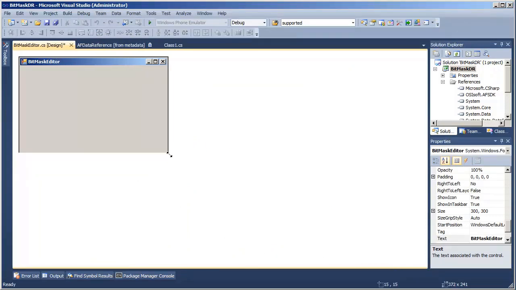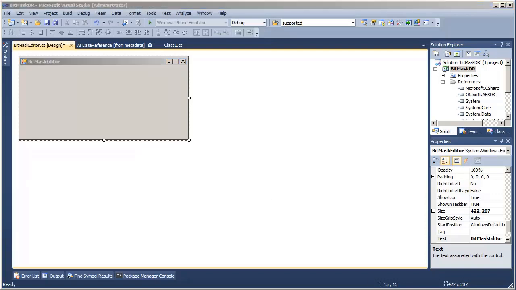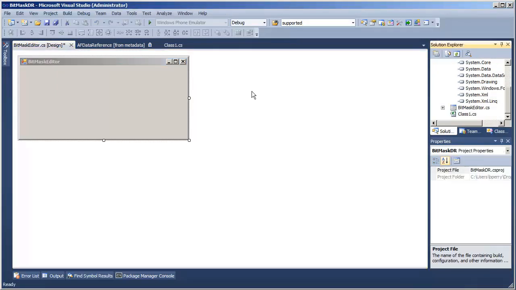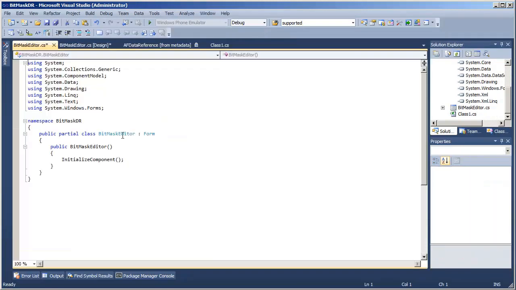Okay. Now, our bitmask editor will need various things, but the first thing that it needs is the proper constructor. By default, this has a constructor that takes no arguments. But for the purposes of use as a data reference editor, there are two arguments we want. First of all, we want to pass the current instance of the bitmask data reference.